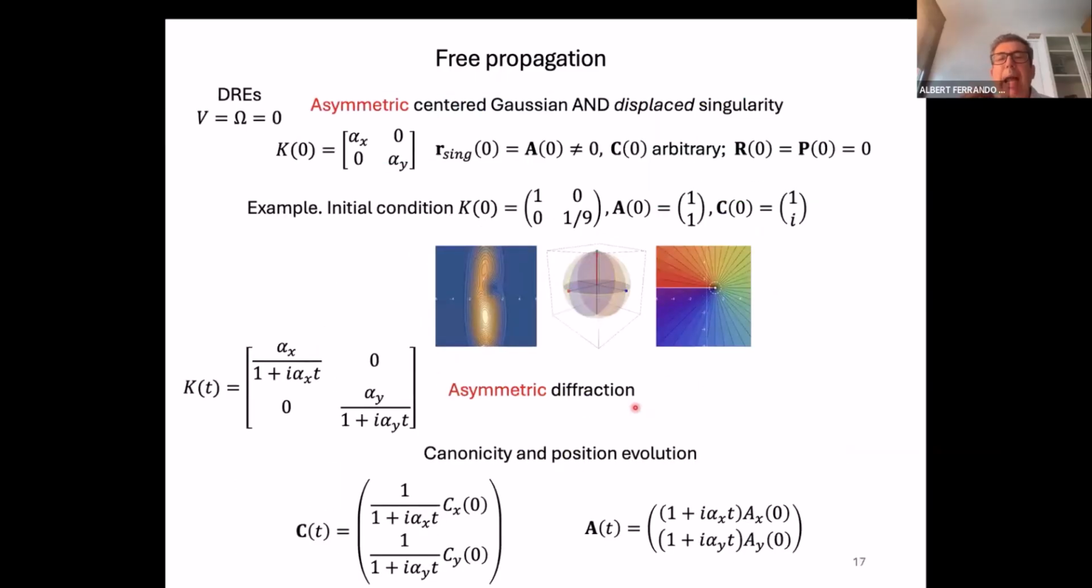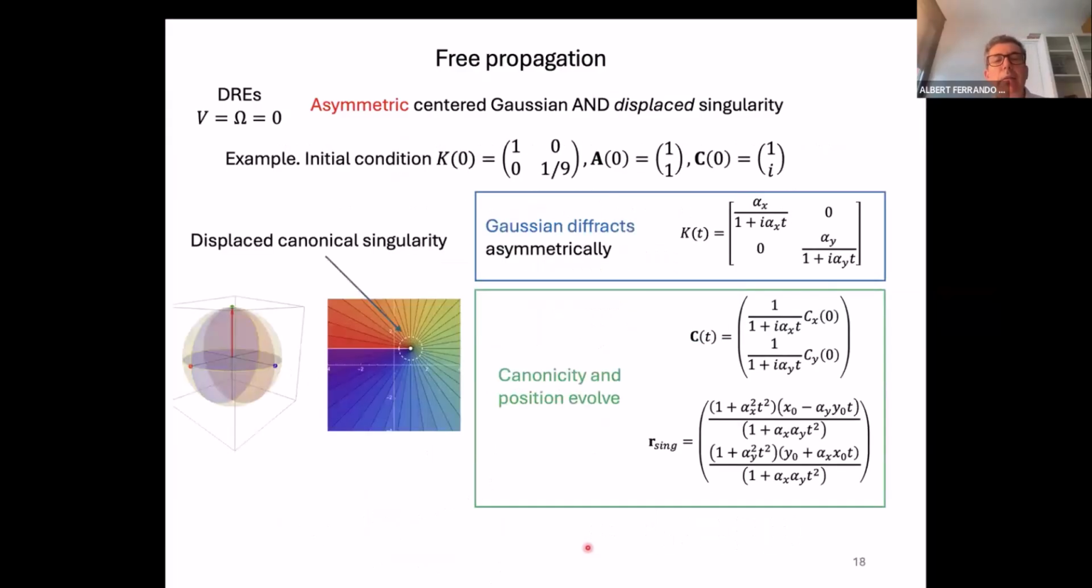But what happens if, besides displacing, we change the symmetry of the Gaussian? So instead of having a rotationally invariant Gaussian, we get a kind of elliptical Gaussian with different coefficients initially for the curvature matrix. Then it's nice to see that you also get an analytical solution. Now, of course, you get asymmetric diffraction, and you also get asymmetric canonicity for the two components, as well as for the complex vector. And this is telling you that